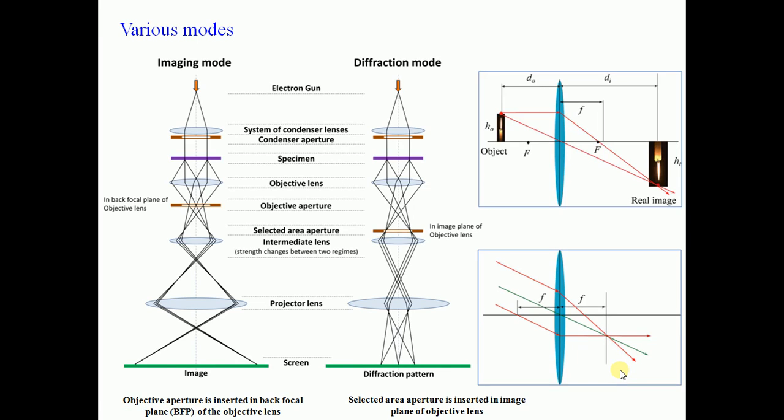two types of imaging modes. One is the imaging mode, shown here on the left-hand side, where we take an image in the TEM, and this one is the diffraction mode, where we study the electron diffraction. So in the same instrument, we have the SAD pattern, the imaging mode, STEM, HRTEM, and so many other things. And here you can see just the position of the